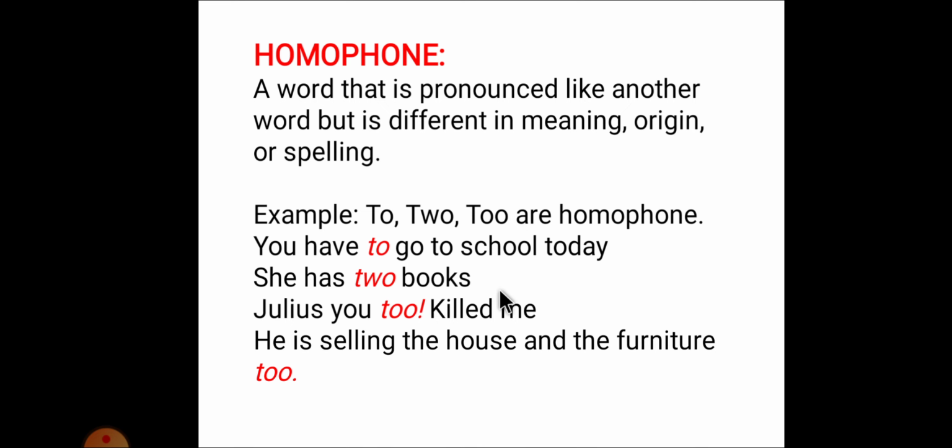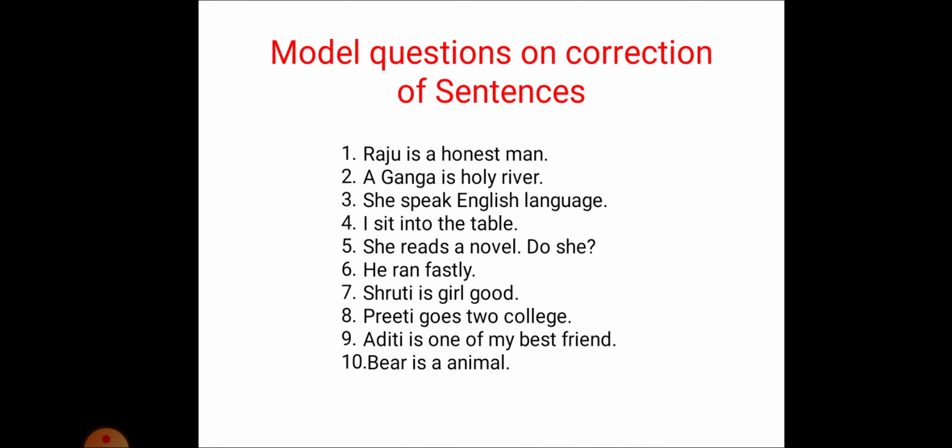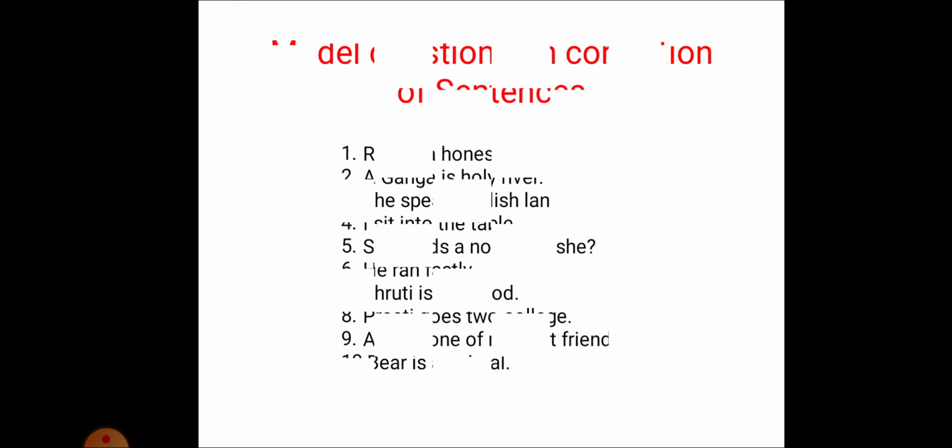Dear students, we studied article, definite article, indefinite article, subject verb agreement, preposition, question tag, and homonyms, homophones. These are all things we need to remember. They are all asked in the exams. So this is a model question paper. Dear students, you have to write it down in your notebook and solve it. If you have any doubts or confusions, you have to ask in the comment box. But you have to solve the model exams. And thank you everyone.